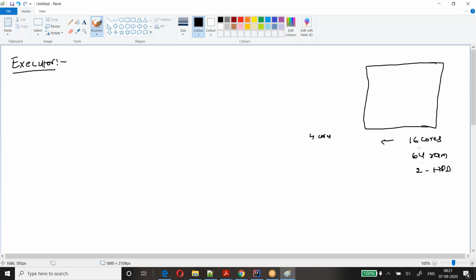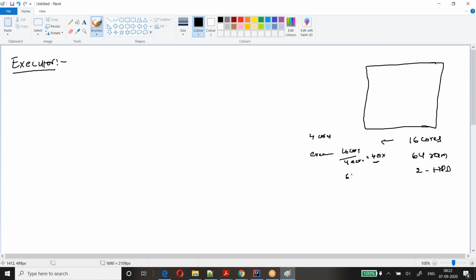I'll give the rough estimation here. 4 cores, if you take out, you'll get the 4 executors, right? I think we have explained this one. 16 cores by 4 cores each, you'll get 4 executors. Let's assume that. For now, I'm just taking all the cores to make you understand. Later, we'll divide the Spark and the Yarn and other stuff. Okay. So you got the 4 executors.